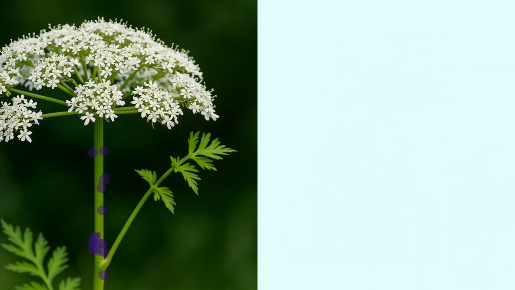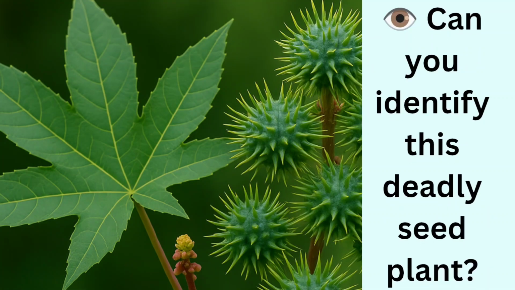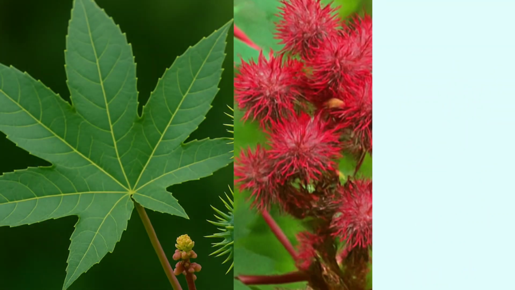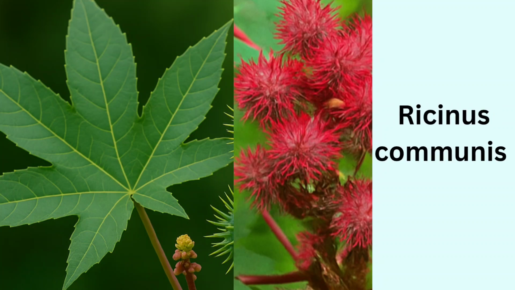We'll move on to the next one. This is a favorite question for the seed image, but sometimes they may ask you by showing the plant as well. So how do you identify? This is a Ricinus communis plant, or castor plant. It has a spiky red fruit and broad palmate leaves, whereas the seed will be brown, glossy, and it has a ridge running to the base.